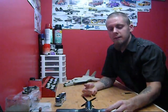You want to pick a model that, being your first one, when it's done, you're going to feel rewarded. And I found this kit was. It was quite simple to put together. Not a lot of problems, and I'd suggest it to be the first kit for someone who's just getting started too,